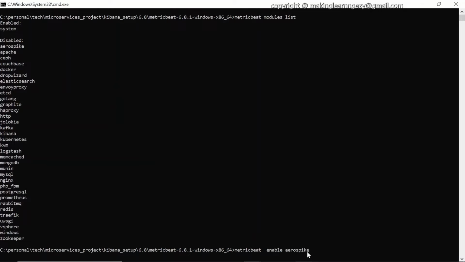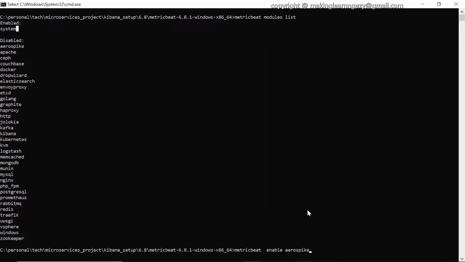This module would be enabled, and then we can use it. The system module is already enabled, so no need to use this command again. If it is disabled for you, then you can go ahead and run this command, metricbeat modules enable system. This would enable the system module.